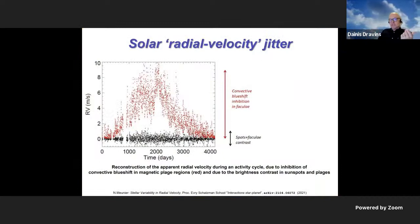So how is the Sun changing? This has been studied in work by Nadège Meunier, reconstructing the solar apparent radial velocity changes over a solar cycle. This is some meters per second, and there is a general change which can be identified as coming from